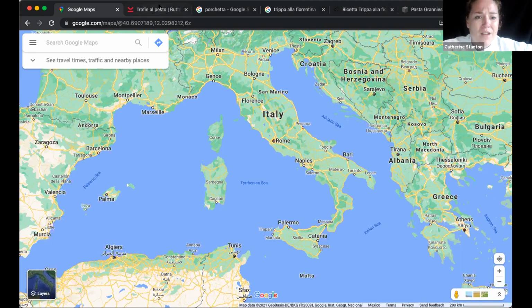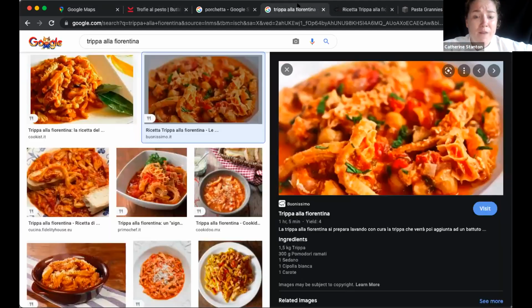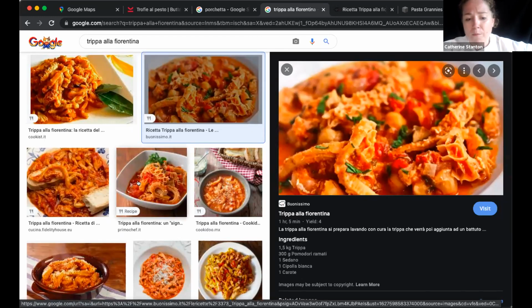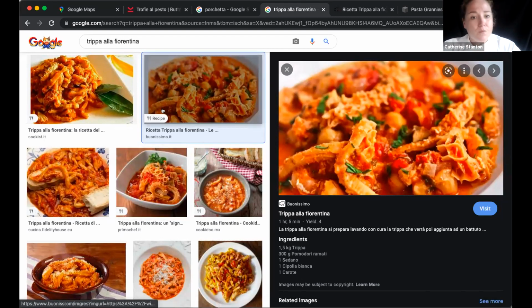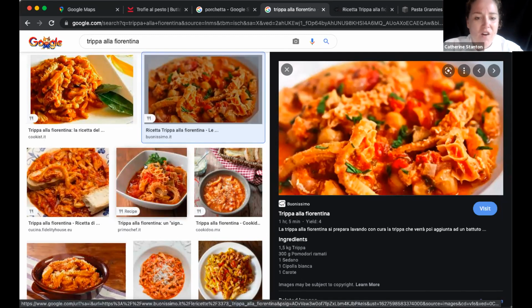So trippa, remember, we're talking about a country, and most countries, based on offal, right? Offal are parts of the animals, not the major cuts. The major cuts are going to be used for the wealthy. Those are for the rich, the kings, the lords. They're eating those heavier cuts, those bigger prime cuts of muscle. So you've got a lot of offal, which are intestines, lung, heart, tripe, stomach lining.